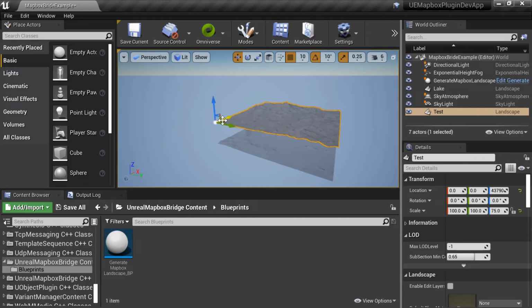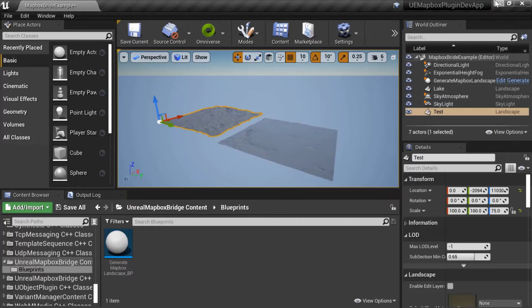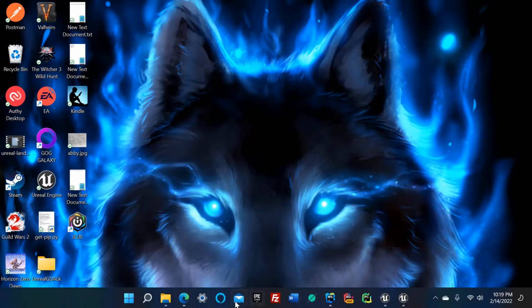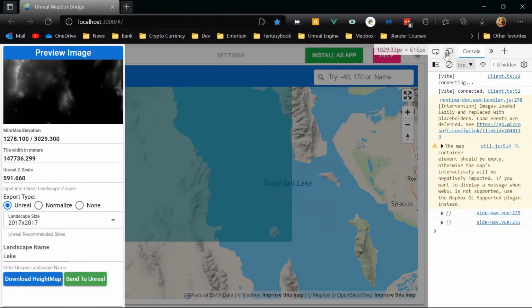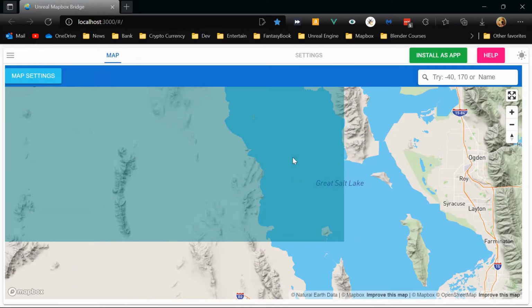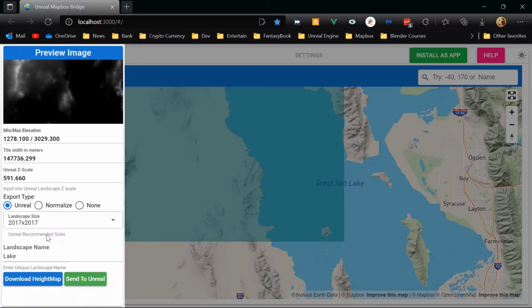You could combine the landscapes, move them around, whatever you want to do. I mean, you could tile them like this if you wanted to. You know, lots of things you can do with it. But it just gives you a real simple, basic way to import a real world location into Unreal without having to do anything besides have a blueprint plugin added to your project and running this